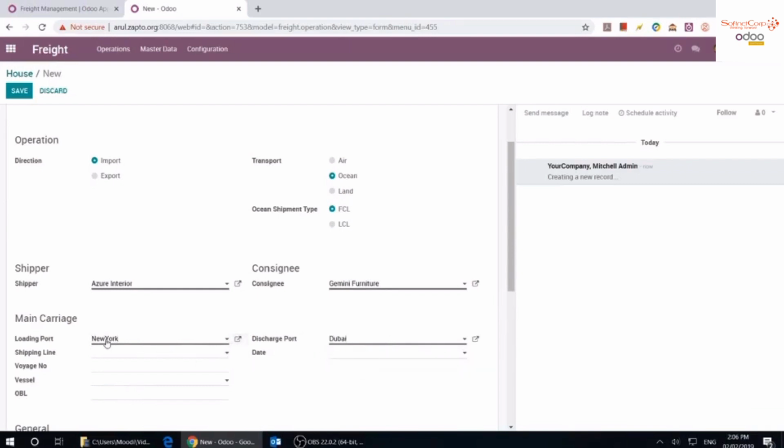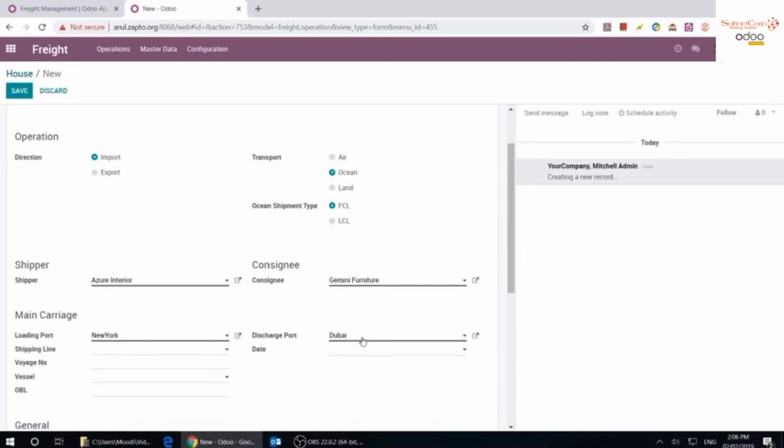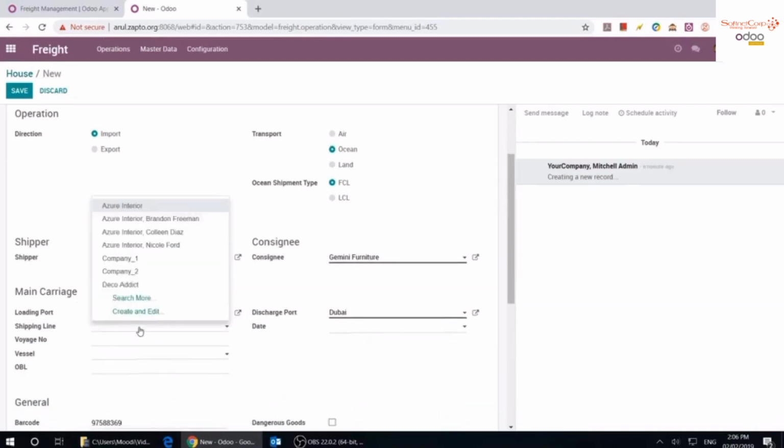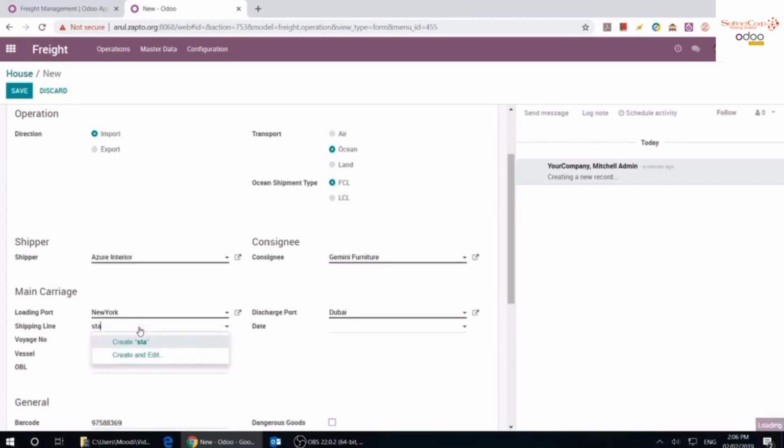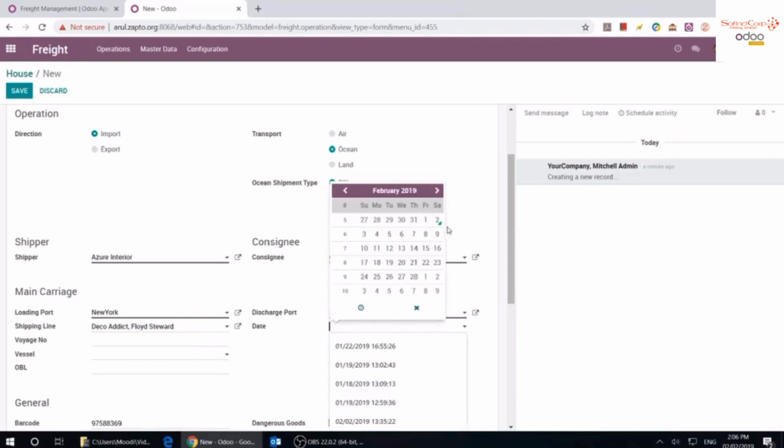So we are importing a shipment from New York to Dubai, and the shipping line will be who will be the shipping line? So let's select any shipping line, and here we can select the date,